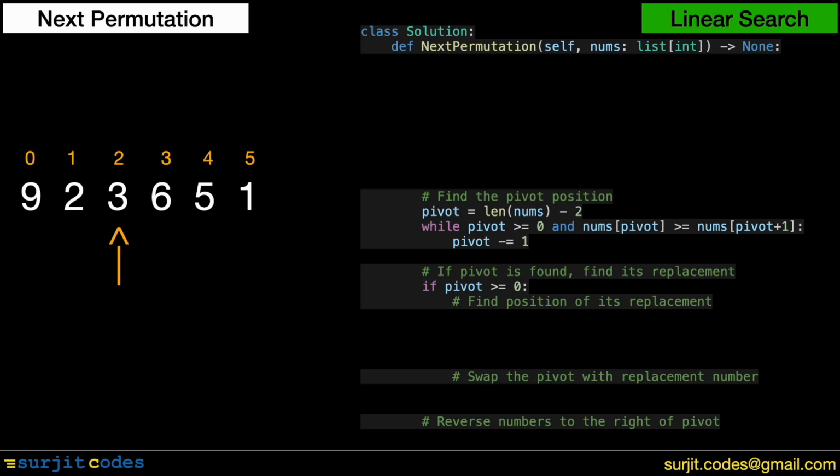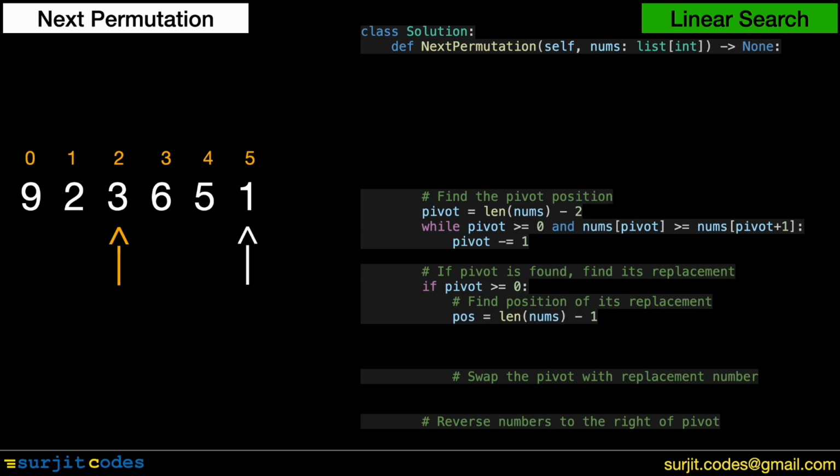Remember that if the entire list is in descending order, search for the pivot will fail, and when the loop terminates, pivot will go out of bounds and its value will be -1, in which case no replacement at the pivot is possible. The if statement of the program ensures that in case pivot is -1, the swapping process is bypassed and we will directly move to the next step, that is reversing the order of the numbers to the right of pivot. In our present example, pivot is present and we start with the process of finding the number